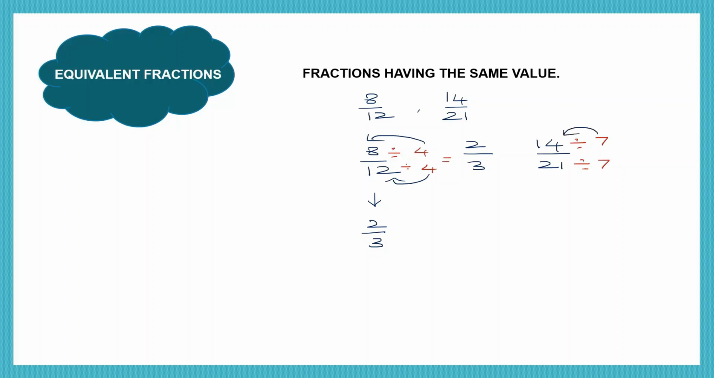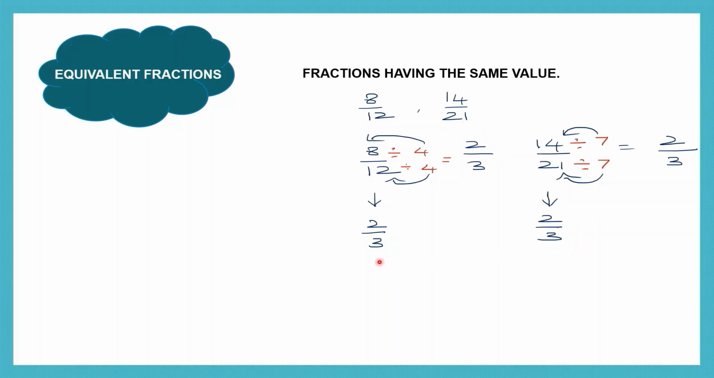7 into what is 14? 7 twos are 14 and 7 into what is 21? 7 threes are 21. So 14 by 21, when we reduced it, we got 2 by 3. Now can you see that we have 2 by 3 here and 2 by 3 here? So 8 by 12 can be reduced to 2 by 3 and 14 by 21 also is reduced to 2